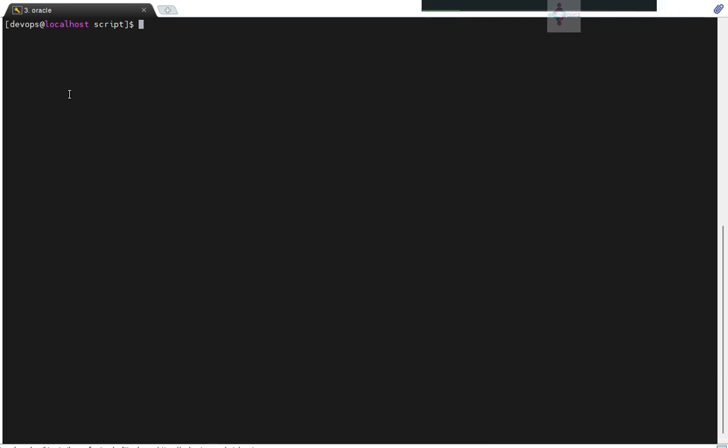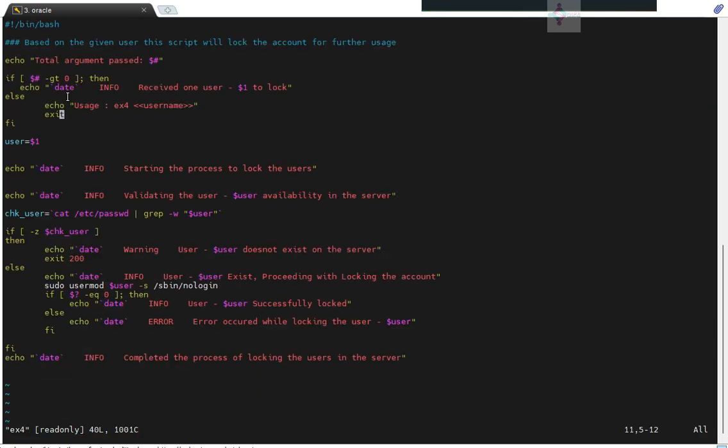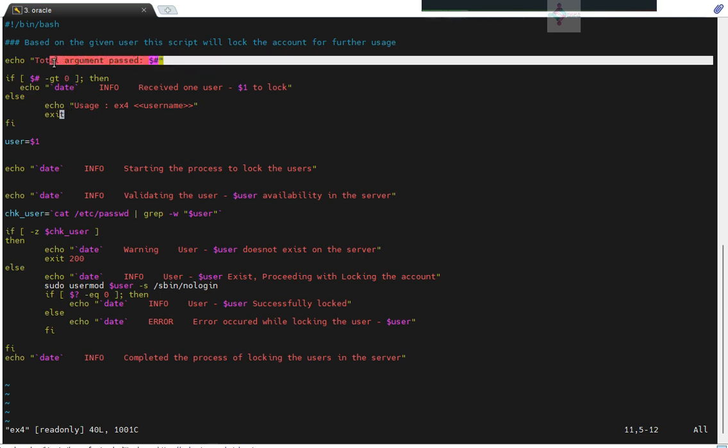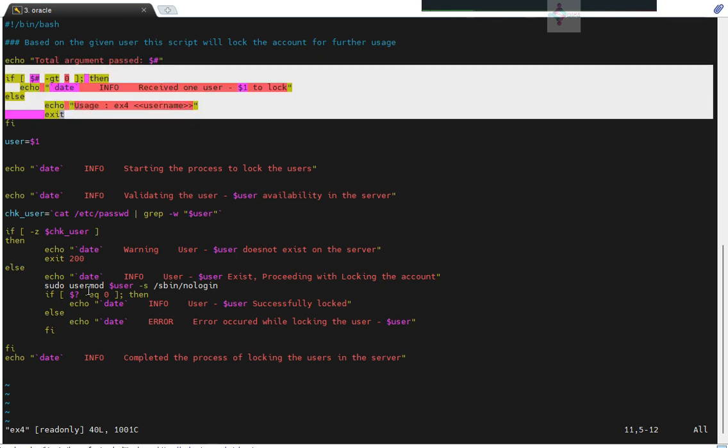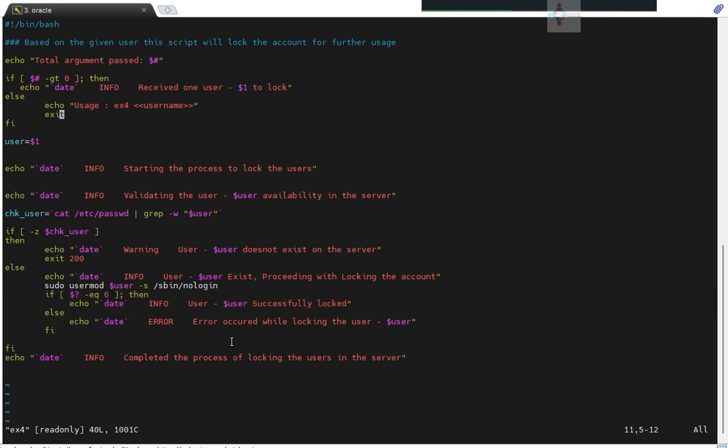As part of this DevOps Learning Series, we have been seeing how to write Unix shell scripts and how to create automation, right? As part of that, we have created a script called EX4. So let us see the script, vi EX4. We have been seeing how to write the script, how to validate the command line arguments, how to test the number of arguments, how to check the last executed command's return code, and everything. So, as part of the script enhancement,